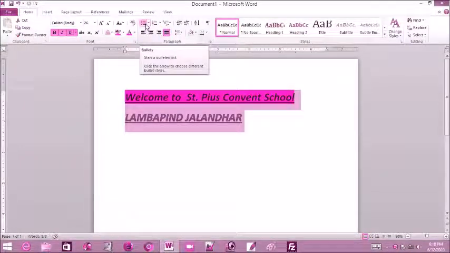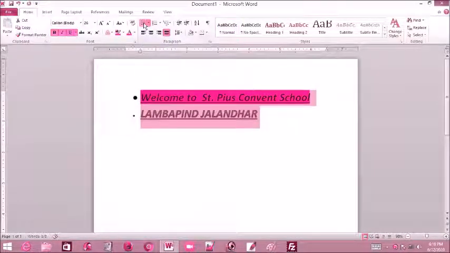The good thing in computers, students, is you don't need to remember everything. We just have to remember this tab, and then you can search. Simply take your mouse pointer there, and you can see the name of that particular option. See, this is bullets. We are applying bullets.